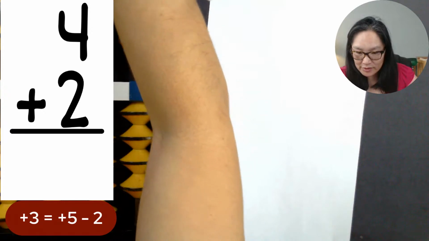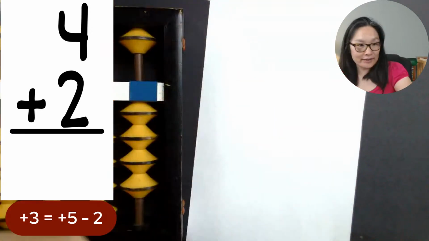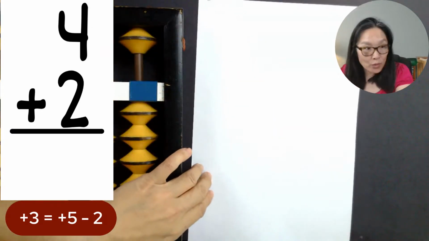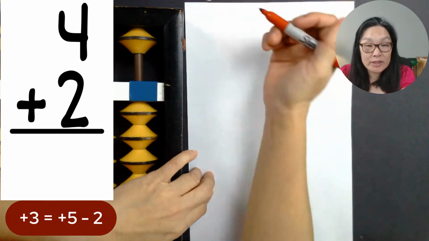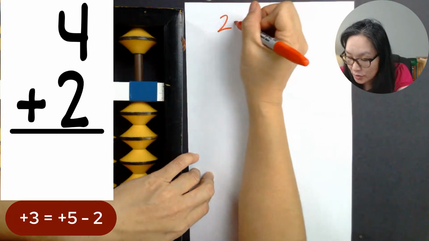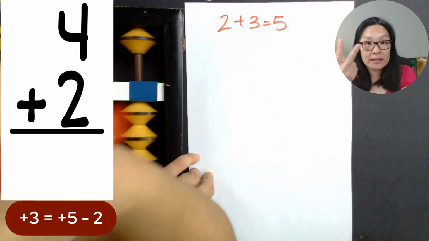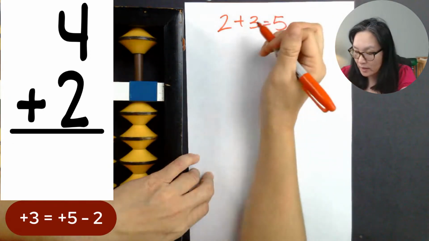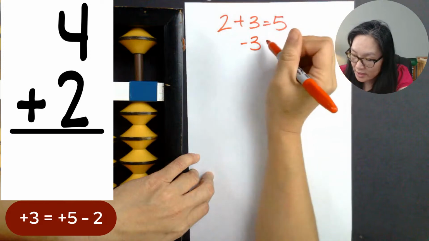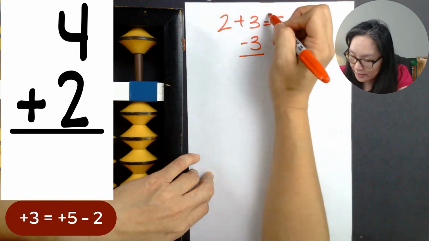I'm going to use red. All right, so what is our friend? Our friend is 2 plus 3 is equal to 5. Now we're reversing it, we're doing it the other way. So we need to minus the 3. So if we minus the 3 on this side of the